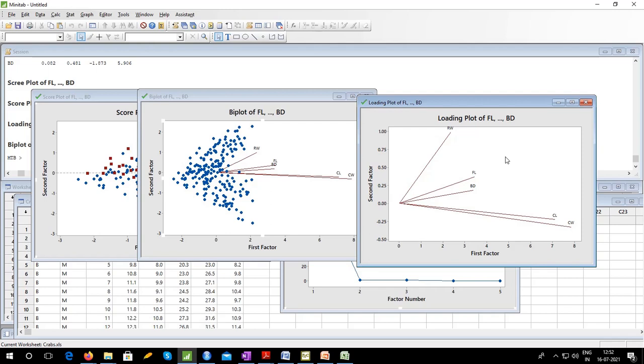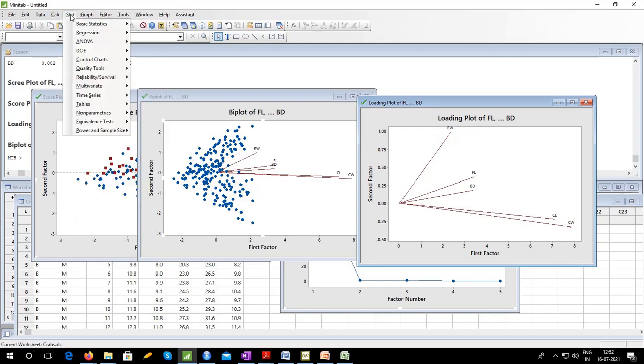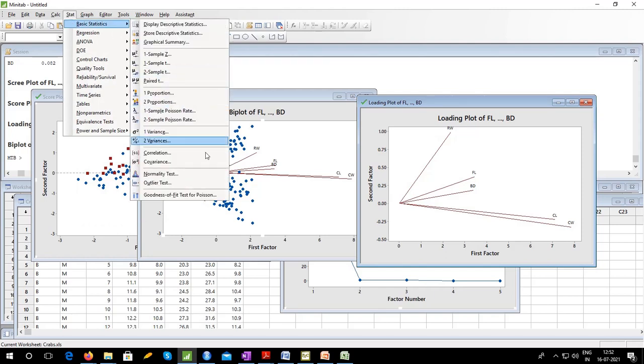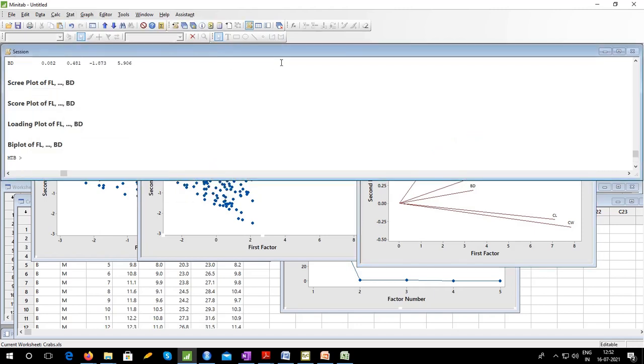So this is how factor analysis can be done in Minitab, and we can see all the commonalities. From commonalities we can compute specific variances. If it is based on the covariance matrix, you will have to compute covariances first, basically variances first, for computing specific variances. So you can either go to this correlation matrix or covariance matrix, so you will get an entire matrix. And if you are doing factor analysis on the basis of the correlation matrix, then the specific variance would be simply 1 minus the commonalities. Okay, thank you.